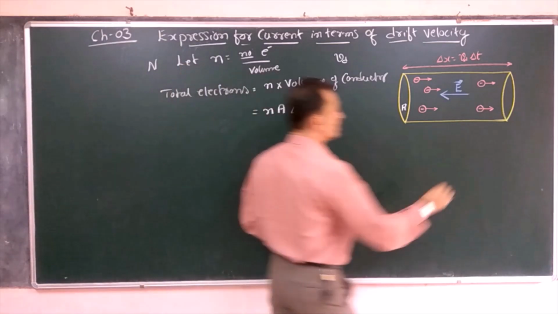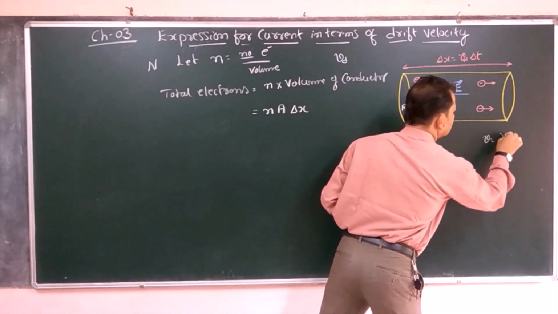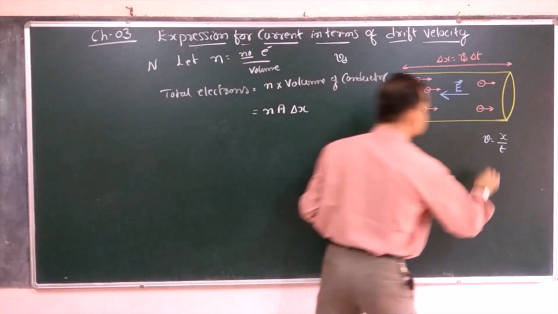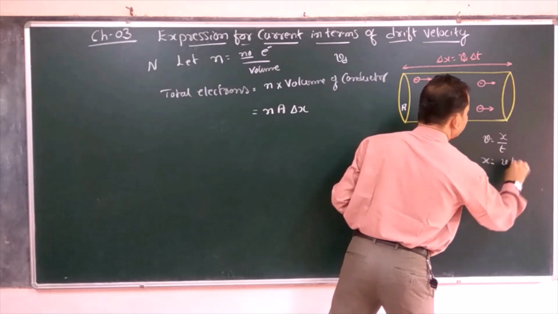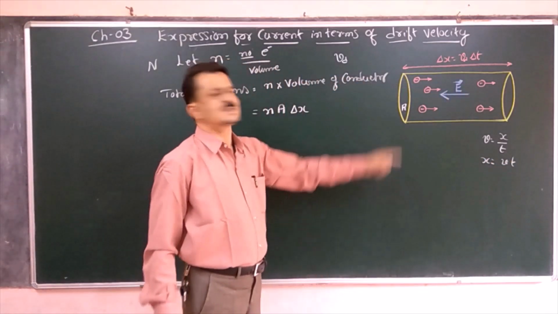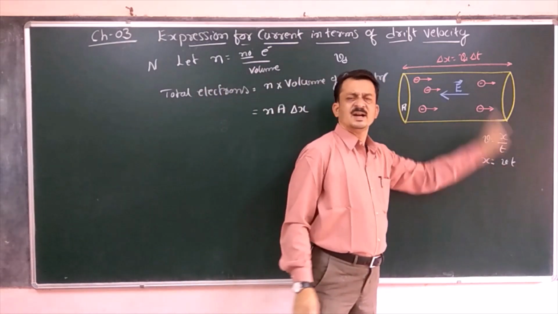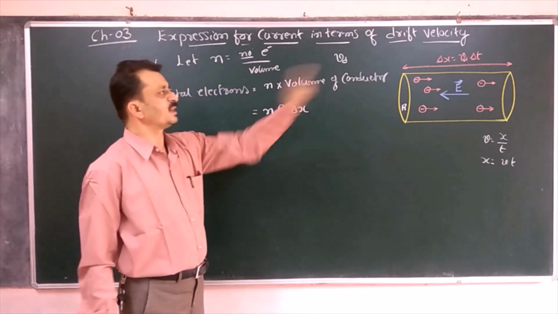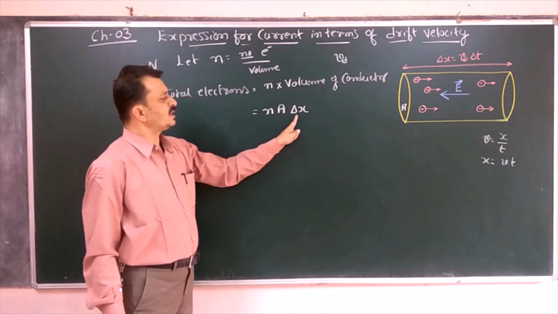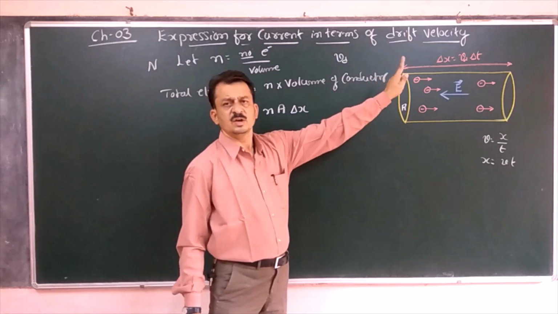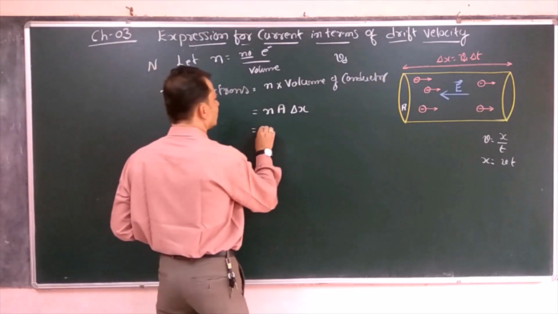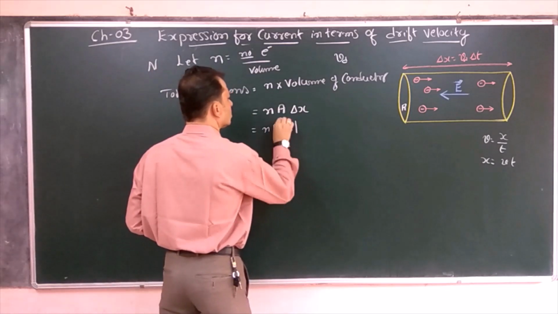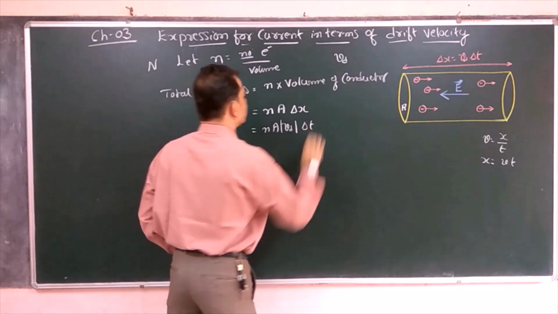How have we written it? Very simple. Velocity is equal to displacement divided by the time taken. We know that one. Therefore, what is x? Displacement is equal to v into t. What is v? That is the drift velocity. Therefore Vd comes, and t is delta t, the time taken to reach from one end to the other. So therefore, here delta x is replaced by Vd into delta t. Now here for Vd we have taken only the magnitude, the magnitude of the drift velocity, Vd into delta t.